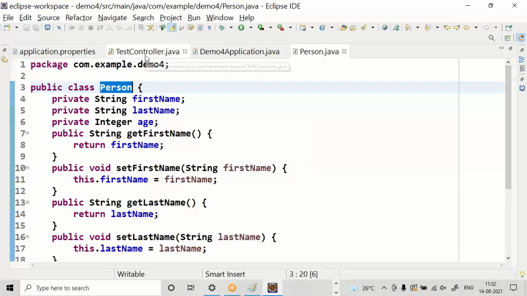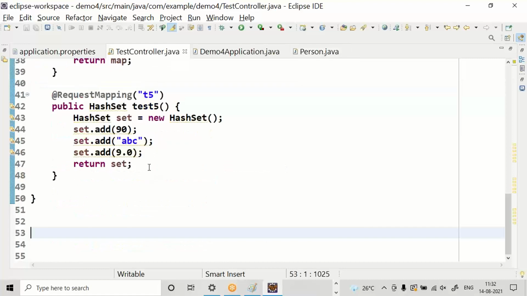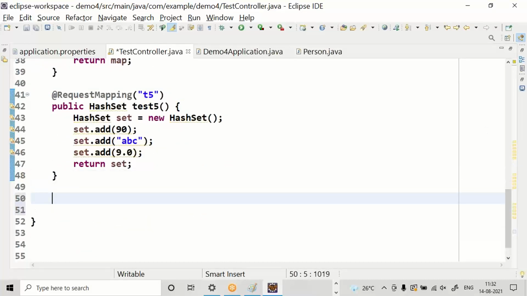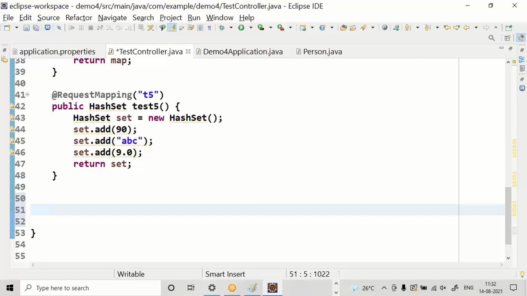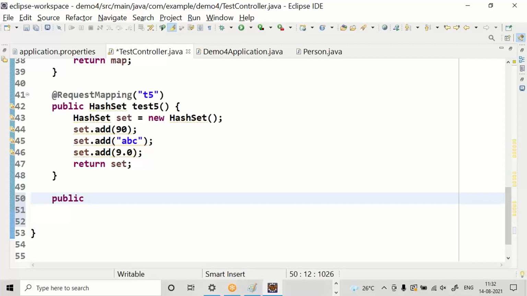Come back to the test controller. Already we developed 5 APIs. Let us develop a 6th one. Come on. Person test6.